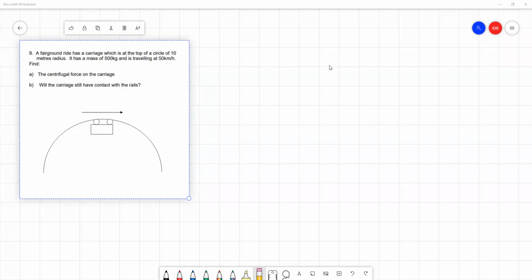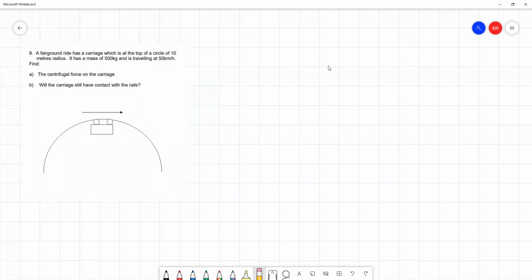This is question 9, this time from the course note questions from Learning Outcome 4 of Engineering Dynamics. In this question, we're presented with a fairground ride, which has a part of it where a carriage is suspended upside down as part of its motion. And we're asked to find the centrifugal force that's acting outwards, that's pushing the carriage against the rails in part